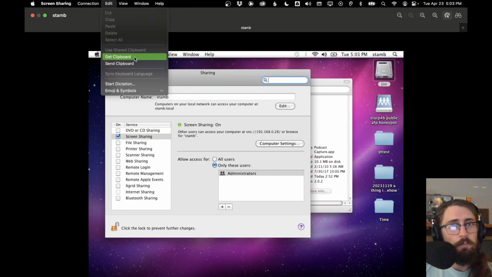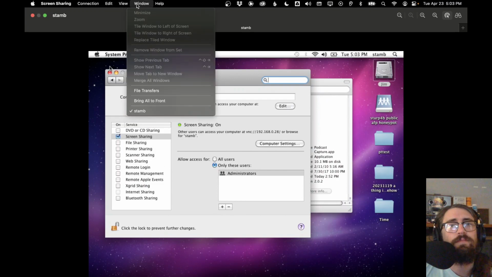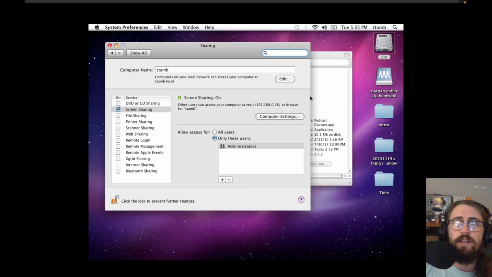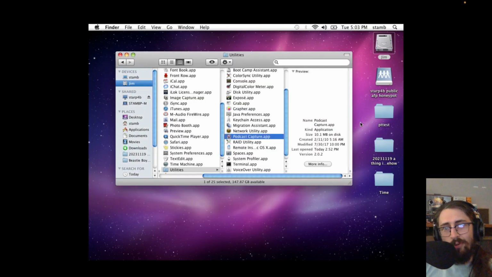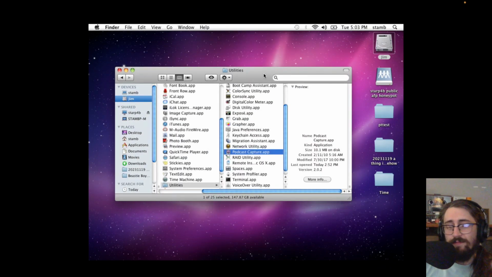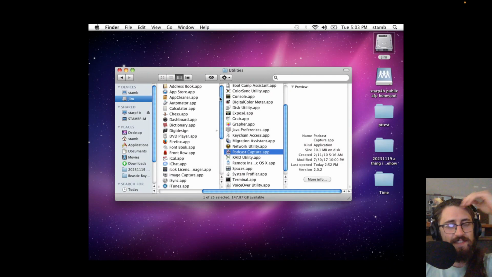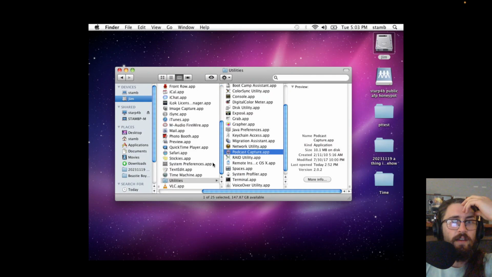You know, maybe enable clipboard. They got some file transfer stuff in here. So yeah, pretty good VNC experience. They make it pretty easy. And I don't know, is it an old version of VNC? A new? I have no clue. I don't really want to know, because it's not like I leave this thing on all the time. But yeah, some other interesting things going on here.